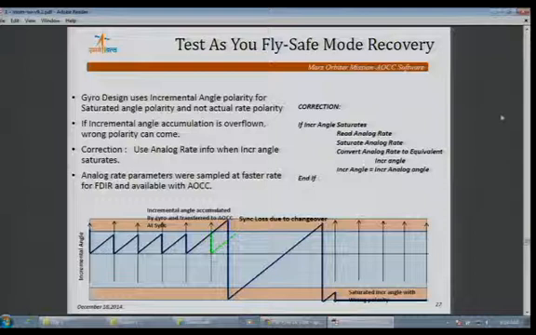Actually, if we don't send the sync, safe mode occurs when the rate is very high, that is, beyond 2.8 degrees per second. In such a case, the accumulation was taking place in the gyro without sync going from AOCS. It resulted in the overflow of the accumulation, and the overflow really resulted in the wrong